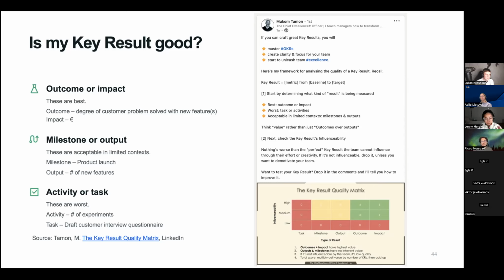And then the other, and this is where you get into either a motivated or demotivated state: how can you influence it? If you cannot, or even partially can, you're in a bad state because you have the intent but no means in order to change it. The degree to which teams are able to be successful is that they understand the context in which they're given. They understand their remit. They have the responsibility to do it, and they can influence it. So make sure that your key results are actually influenceable, if you will.